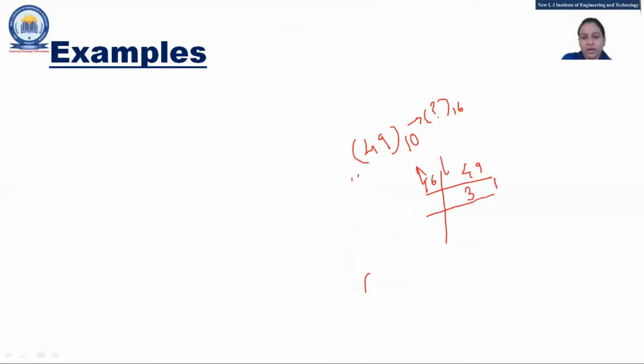Now let's take another example, that is 49. That is our decimal number that we have to find the hexadecimal equivalent of. So we have to divide this 49 with the 16. Now 16 3s are 48 and we get 1 as a remainder. Now we cannot divide it with this 16, because the remainder we are getting is less than 16. So now we have to consider the result from this to this. So this 31 is the hexadecimal equivalent of our 49 decimal number.